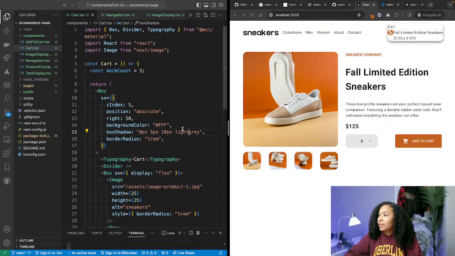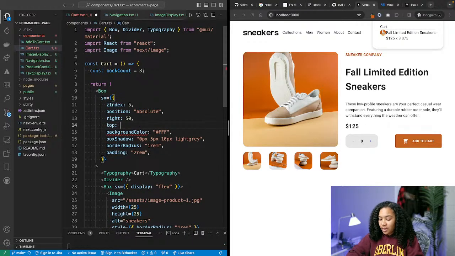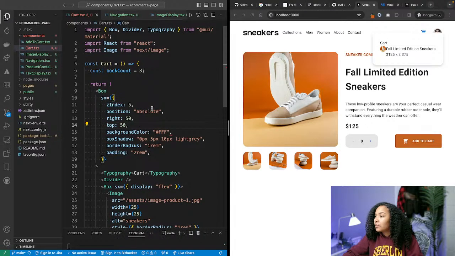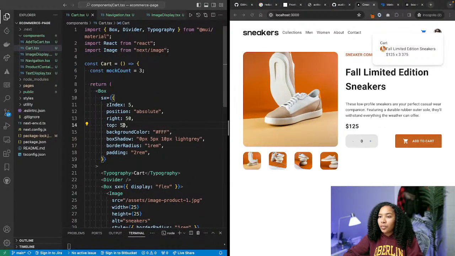Light gray. Okay, cool. And then it probably needs a little bit more padding as well. And probably to be pushed off from the top just a tad. Oh yeah, it's actually supposed to be all the way on the bottom below. So let's say